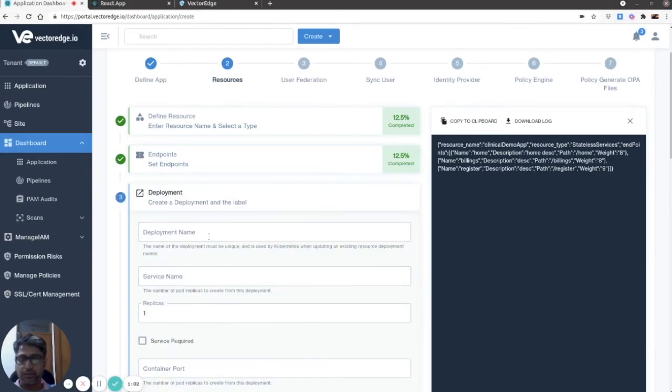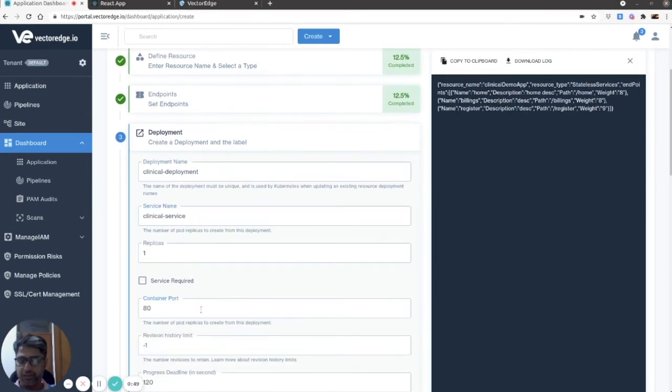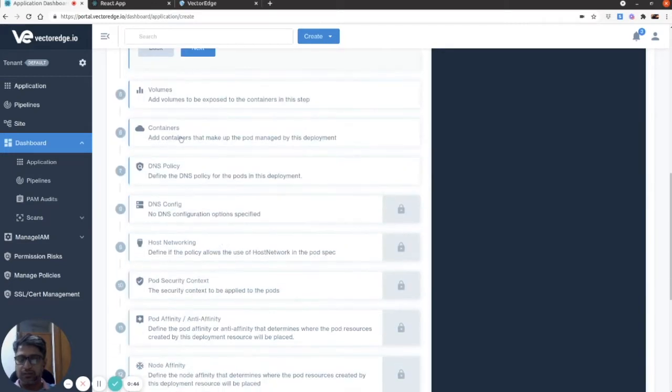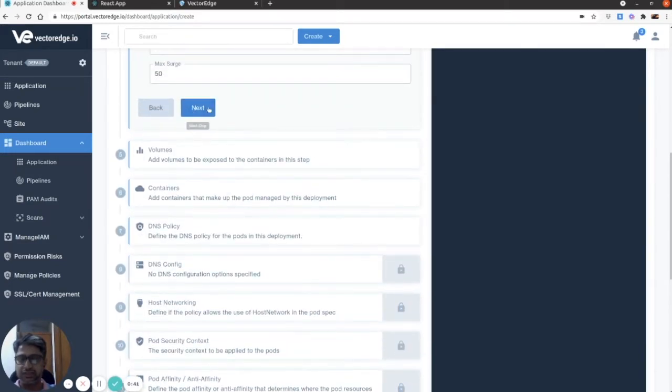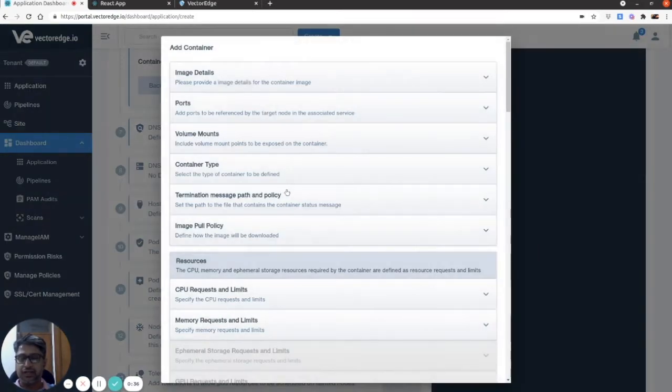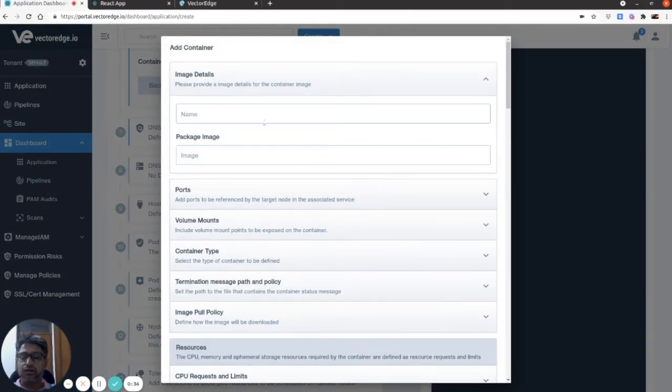Now for deployment, these are parameters required to configure our Kubernetes. The port is going to be 80. So I'm taking care of all the essential inputs that I need at this time. For the container, we have created our own Docker repository, so I'm accessing my image from that Docker repository.